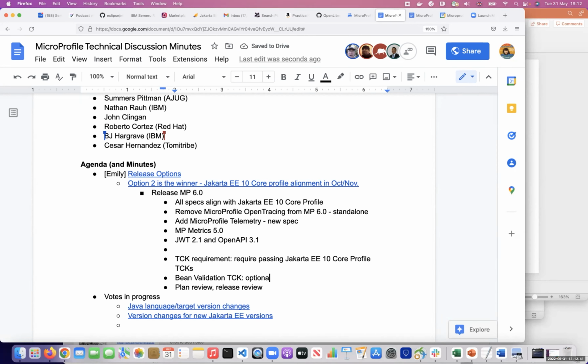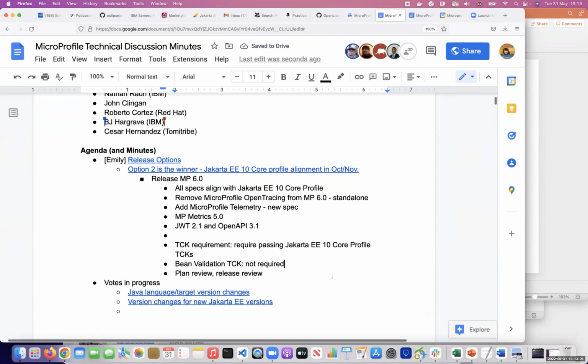Oh, I don't think we need to specify it as being optional. Technically, if it's not required, any Jakarta spec is optional. Yeah, so in this case, just say not required. Okay. Yeah, okay, thanks. That makes sense.